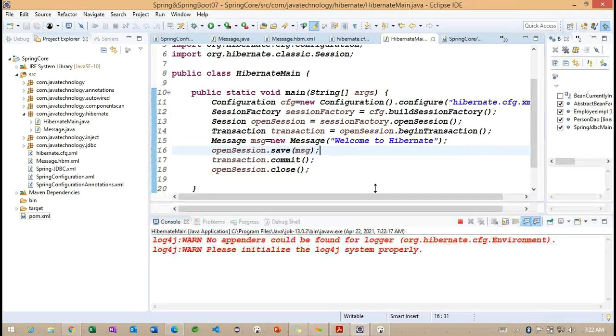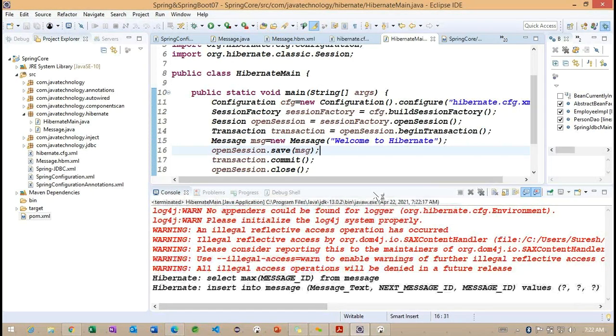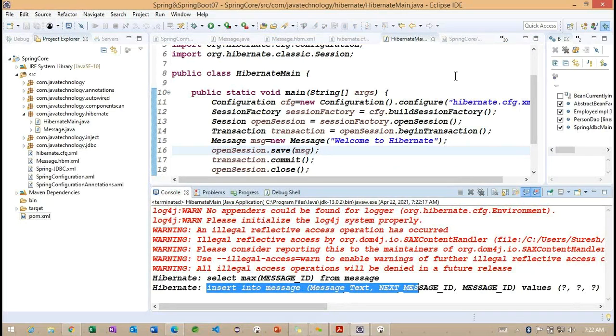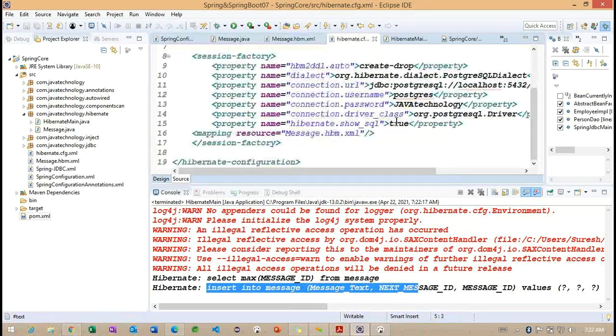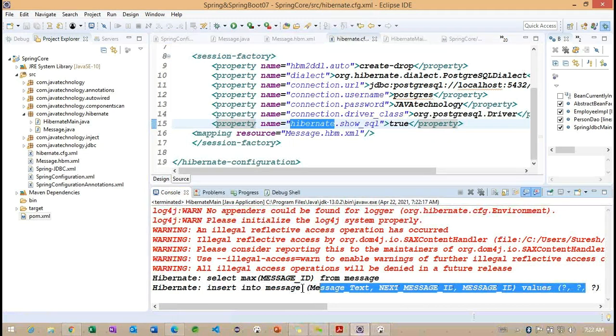No. Okay, so basically I added one more property here. Now you can see, I'm expecting this because we added in the configuration file the show_sql property. Previously I provided it as a connection property. This particular property is not related to any connection; it is a Hibernate-specific property. Because of this, we did not get the SQL query in our console. So I changed it to Hibernate here.